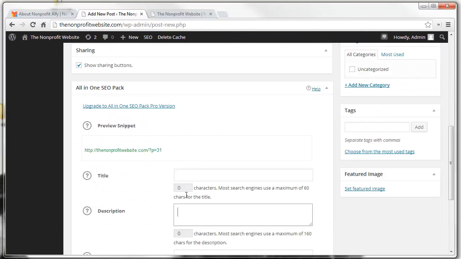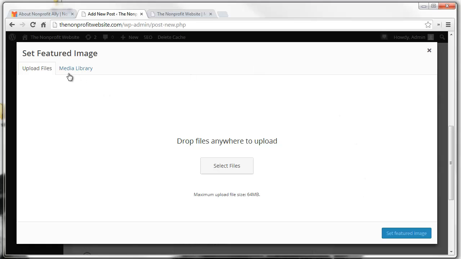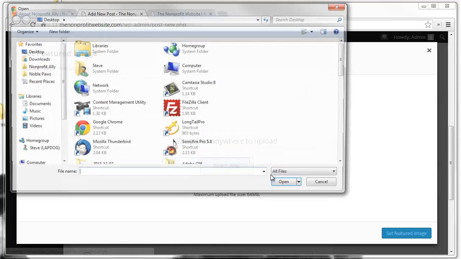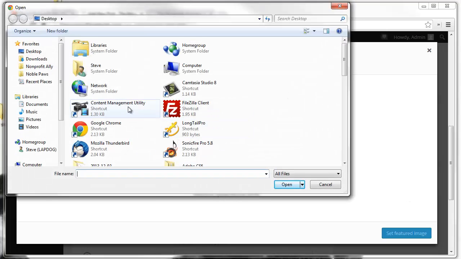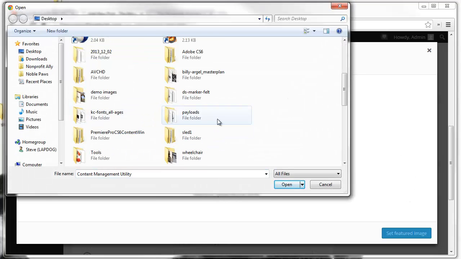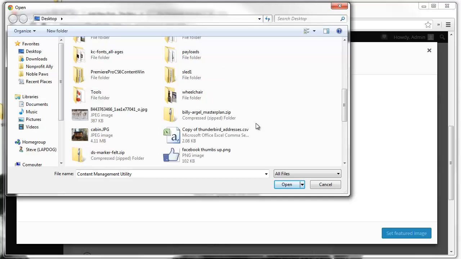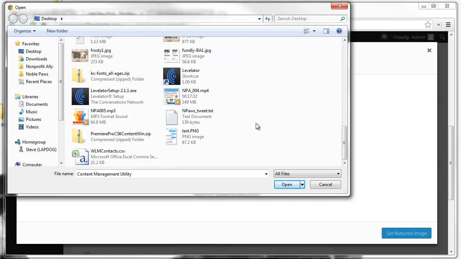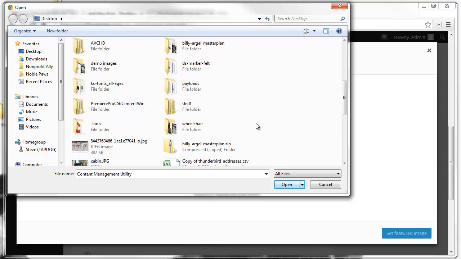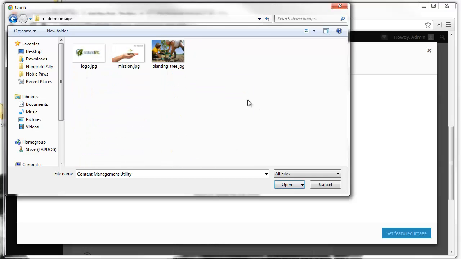At which point, like I said, I'm going to add an image to this. It's a featured image, so this will show up at the top of the article. And so it takes you into your media library. I'm going to select files off of my hard drive. I have a folder on my desktop called Images Demo Images. And here is my tree